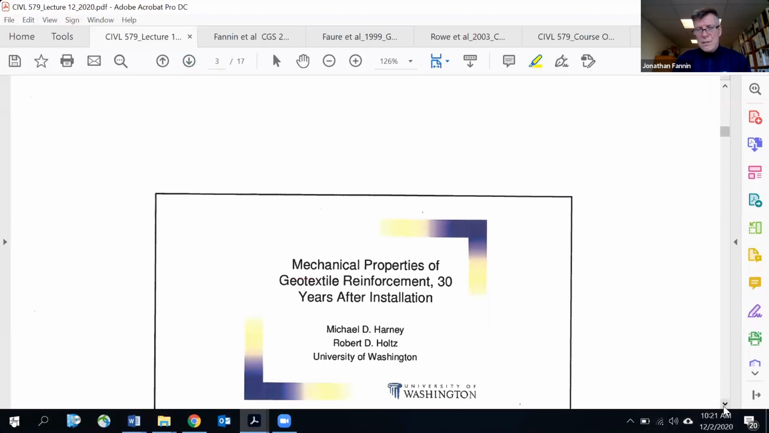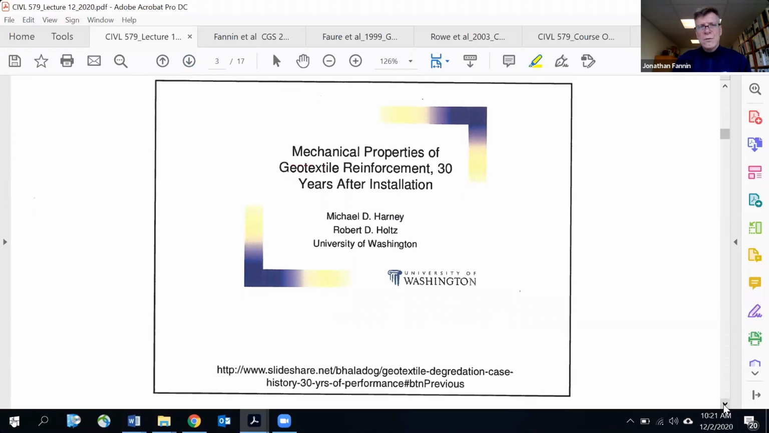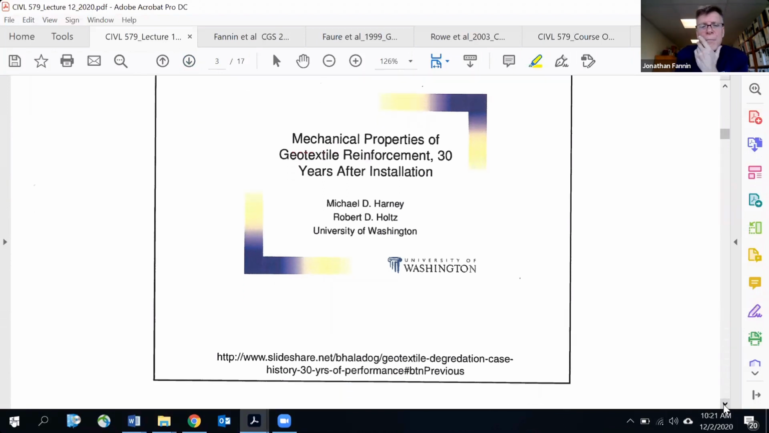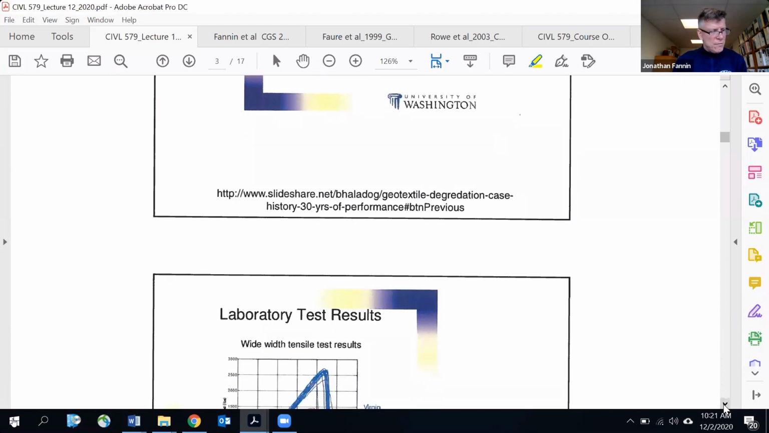Now, I say that because now let's move into the case studies. And this is a stepping stone into those case studies. This is not one of the three, but I give you the HTTP URL there. And Bob Holtz, who lived in Sweden for a number of years in his early career, wrote up with Mike Harney a comparison of experience from an embankment. The embankment was in Sweden. The embankment was built with geotextile reinforcement